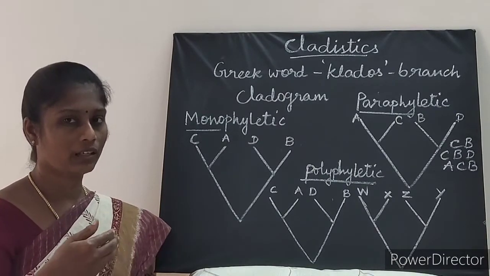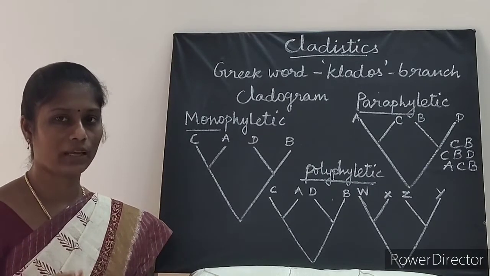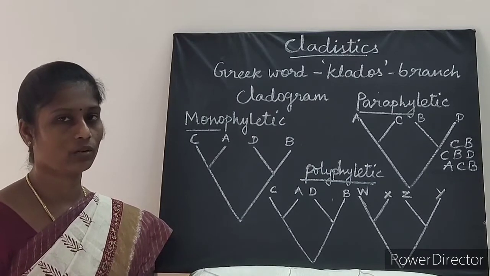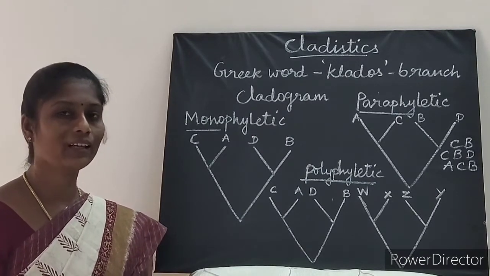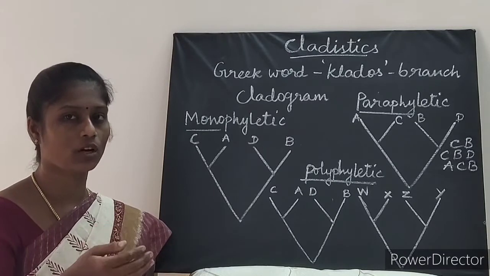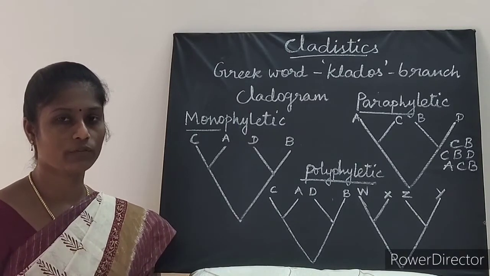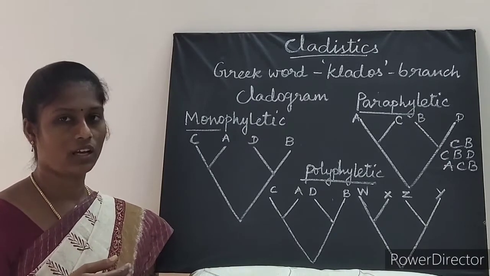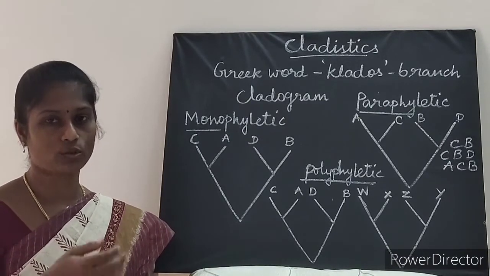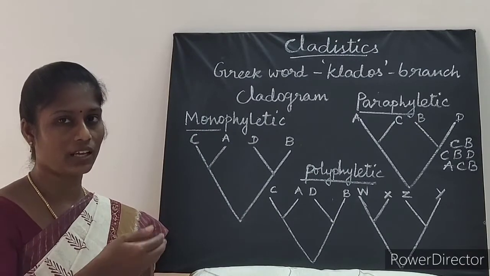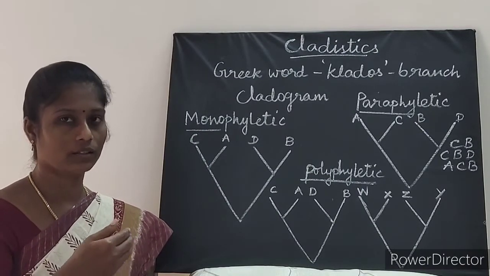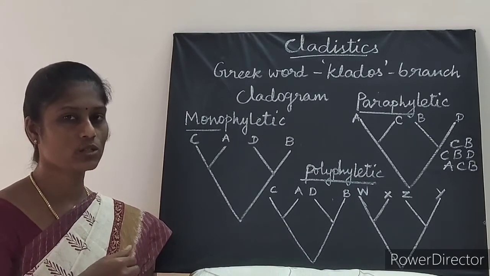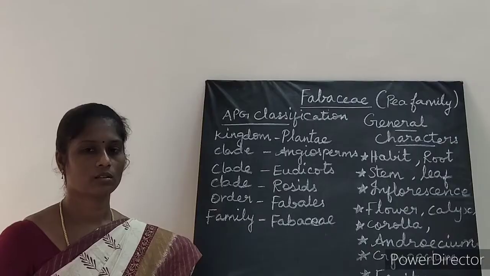And thirdly, it is used to produce a hypothesis which is used to predict the morphological characters of an organism. Okay, so these are the needs. Earlier, cladistics was based on morphological characters, but now it is based on genetic sequence data, evolution and computational software. So based on this, cladistics is now used to classify organisms. So with this we complete cladistics.